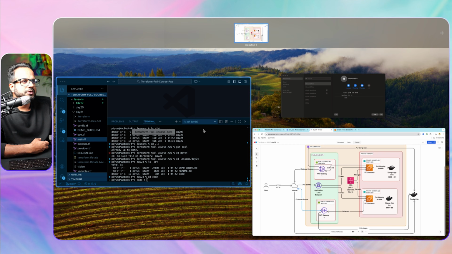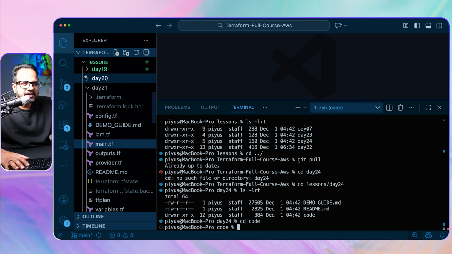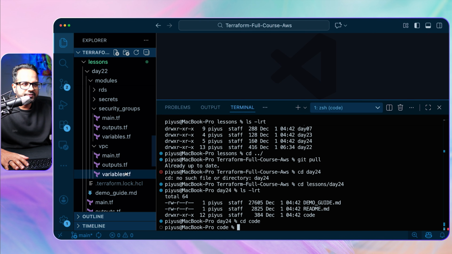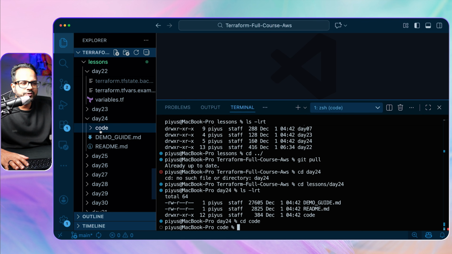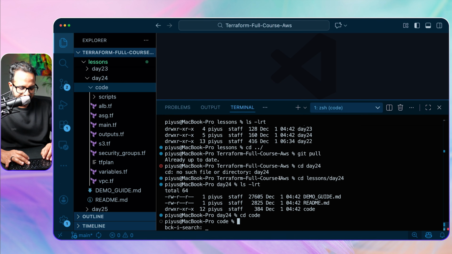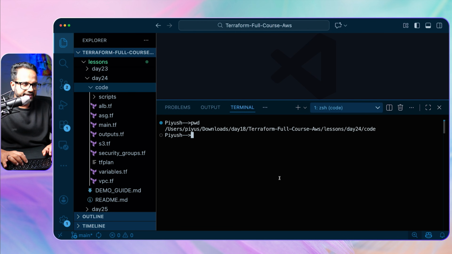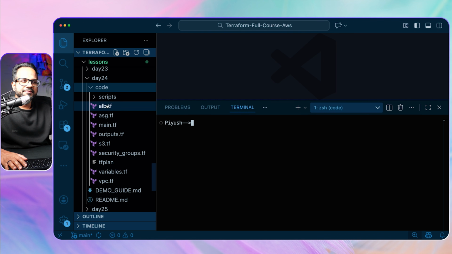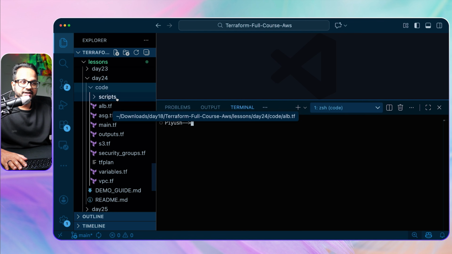So let's go to our VS Code. Over here, I'm inside day 24, which is over here. Okay, day 24 code. Now, as you can see, let me just set the alias, and let me also change the terminal to make it readable. I'm inside day 24. Okay, so over here, what we have done is we have divided the resources into different